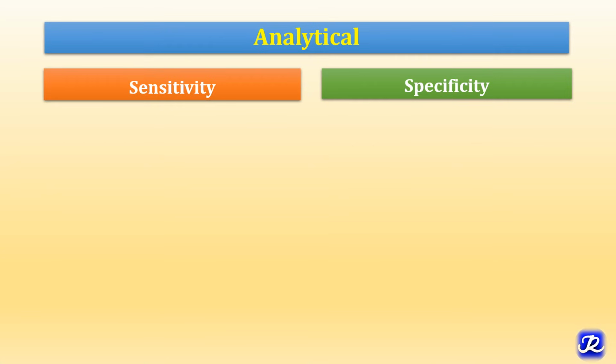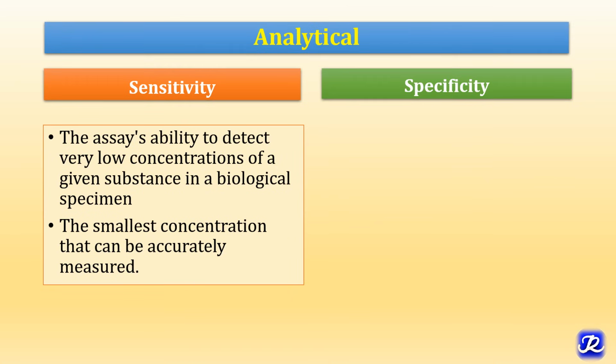Now after understanding accuracy and precision, let us try to understand sensitivity and specificity. Sensitivity and specificity can be analytical or diagnostic. For example, when you say that a particular method is analytically sensitive, the sensitivity is the assay's ability to detect a very low concentration of a given substance in a biological specimen. For example, if a specimen has a particular analyte, for example protein,